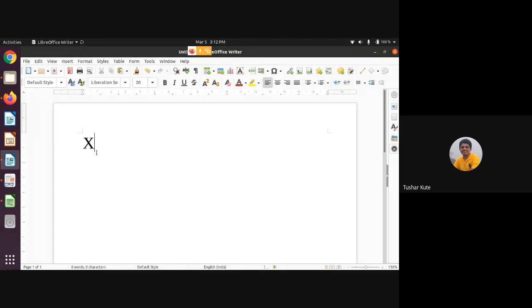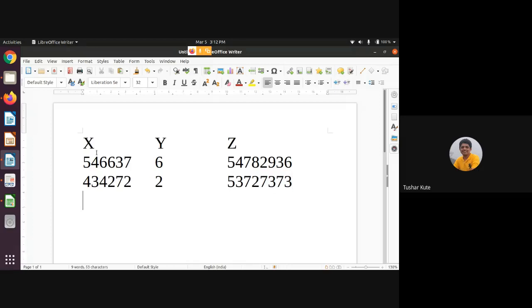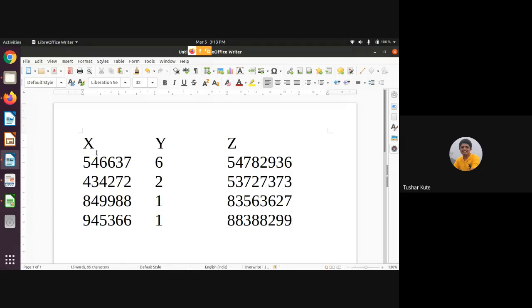Suppose x and y are the input features, and z is the output variable presented here.